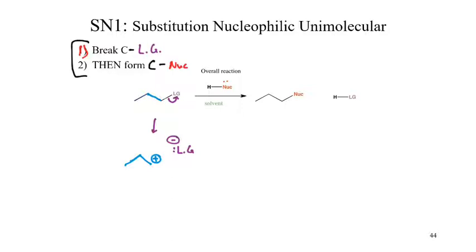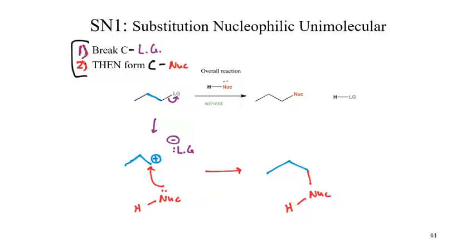Okay. In step 2, what has to happen? Well, in step 2, we need to form the carbon nucleophile bond. So our nucleophile with the lone pair electrons is now going to share with that positive charge. Okay. The result of that is that we have our substrate, and we now have a new bond connecting the nucleophile to our substrate. Okay. This last sequence can be a little bit odd. It typically happens for an SN1, so we're going to show it,